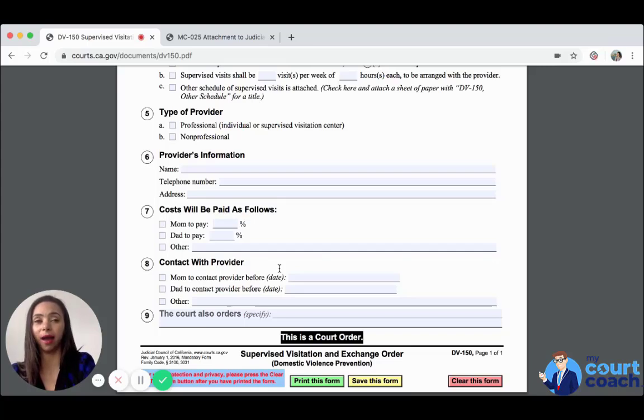So even though you have these orders and they don't abide by it, they could always come back and say, well, I didn't have money to actually do this, or the visitation schedule completely conflicts with my work schedule, and I just wasn't able to exercise that time. So those are somewhat defenses. I mean, at least somebody should be making some sort of effort, even if they have to take off a little bit of time from work to see their kid under supervised visitation